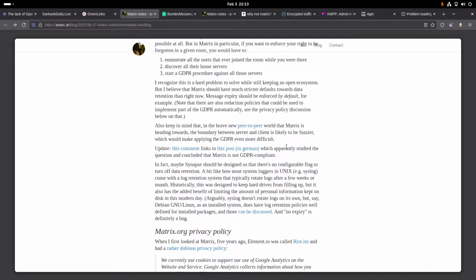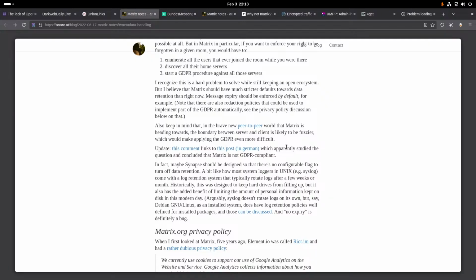Also, keep in mind that in the brave new peer-to-peer world that Matrix is heading towards, the boundary between server and client is likely fuzzier, which would make applying GDPR even more difficult. This comment links to a post in German, which apparently studied the question and concluded that Matrix is not GDPR compliant. In fact, maybe Synapse should be designed so that there's no configurable flag to turn off data retention,